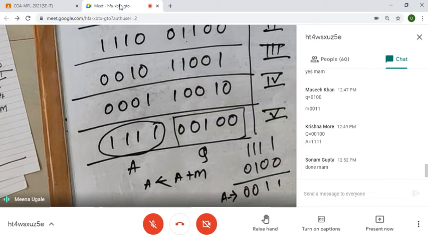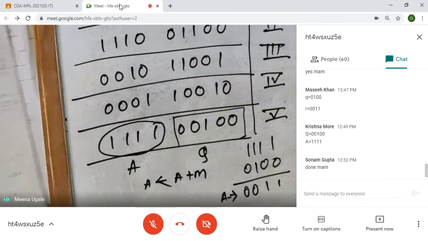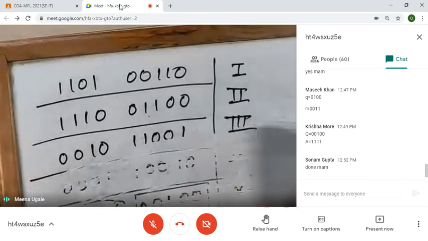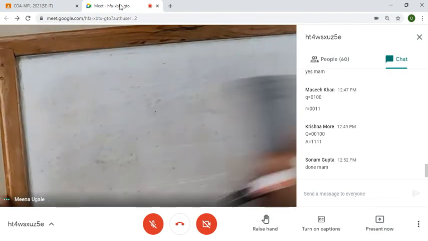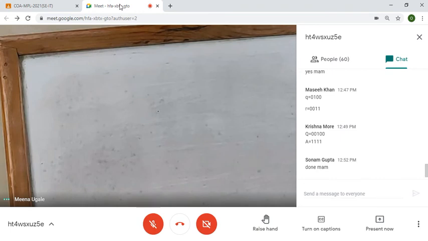If not, I just want to take one different example for Booth's algorithm. Last lecture I couldn't complete it. So just open your Booth's algorithm flowchart. All of you open the Booth's algorithm flowchart in your notebook. This question was again asked in one of the papers, and due to binary representation, if it is wrong, then sometimes you are not going to get the correct answer. This is the last example we will see and then stop for today.